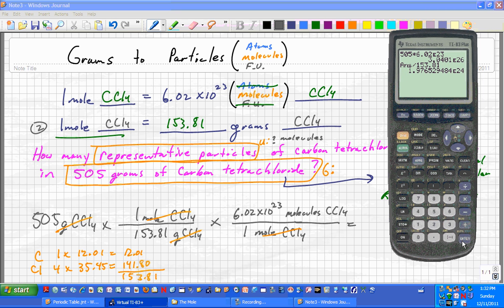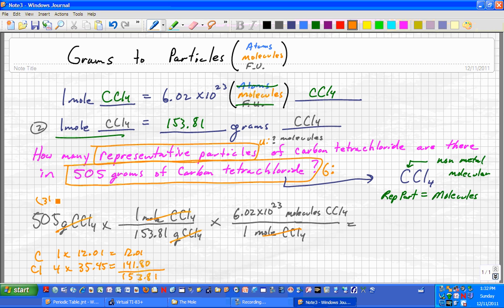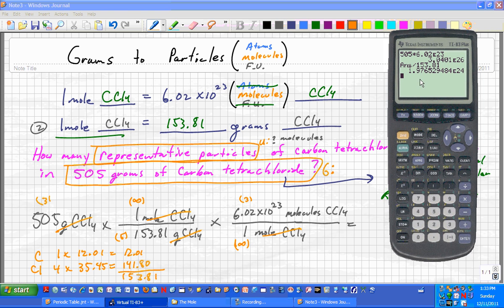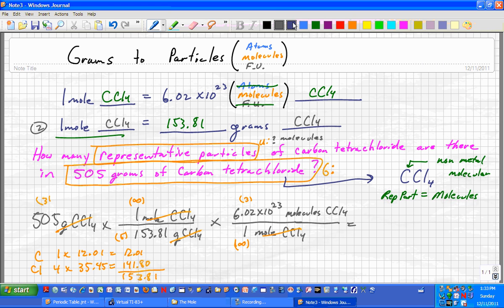I've got to watch my sig figs here. Let's talk about sig figs. 505 has 3 sig figs. Infinite sig figs here. Let's write this down. I've got 3 sig figs here. I've got infinite sig figs here. I've got 5 sig figs here. I've got 3 sig figs here. Infinite sig figs here. My least number of sig figs is 3. So that answer needs to go to 3 sig figs. So we're looking at 1.976. That 6 is going to get dumped, but that 6 is big enough to make my 7 round up to an 8. So my final answer is going to be 1.98